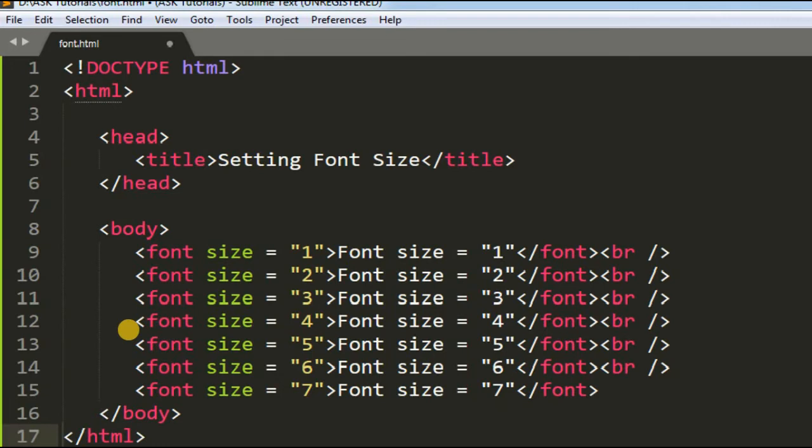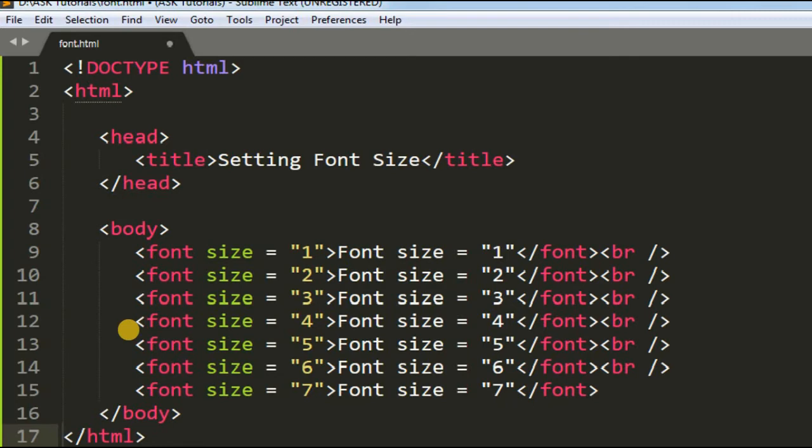This is an example for font size. In this example we displayed font sizes 1 to 7. We write font size equal to 1 in inverted commas, then the text is displayed with font size 1, then we end the font tag.